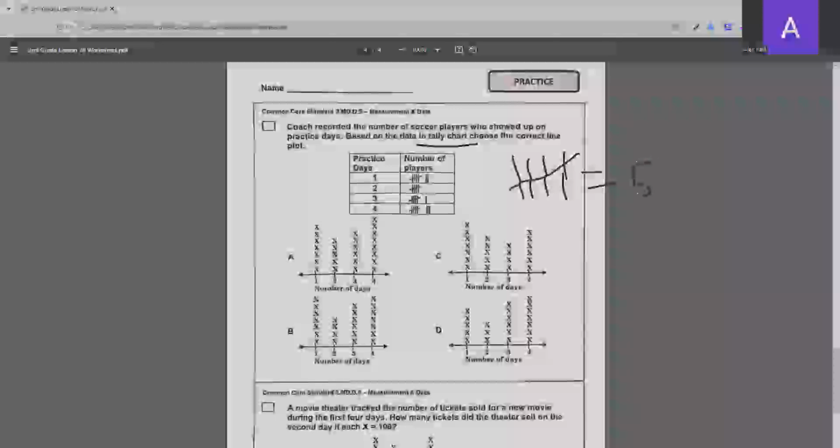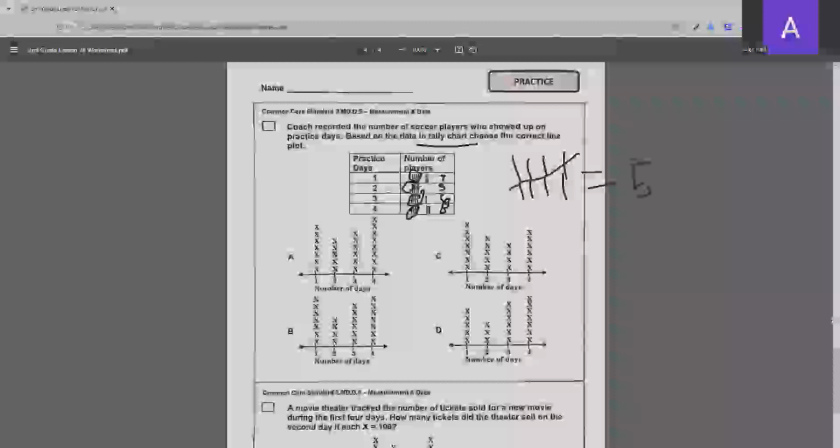equals 5 because there's 5 lines. So we can see here that 5, 5, 5, 5. And then there's 2 lines here. So that's 7. This is 5. 5 plus an extra 1, which is 6. 5 plus an extra 3, which is 8. So now that we have all the number of players in numbers that we can easily see, let's find